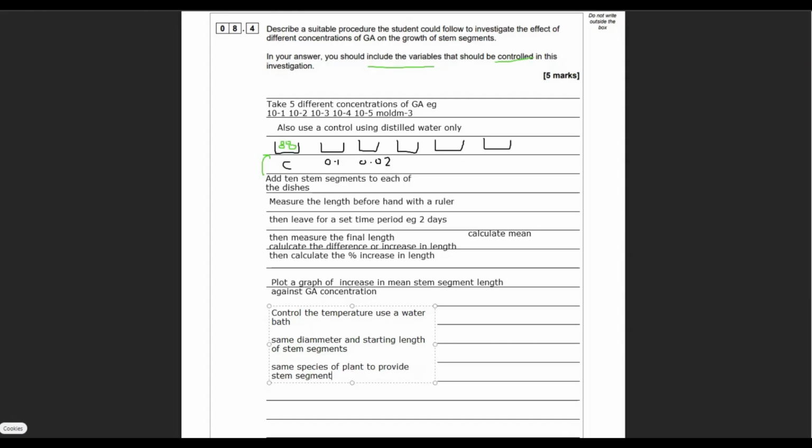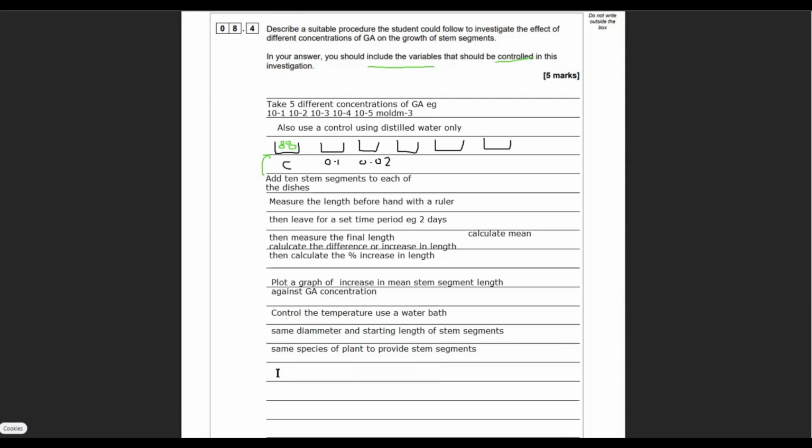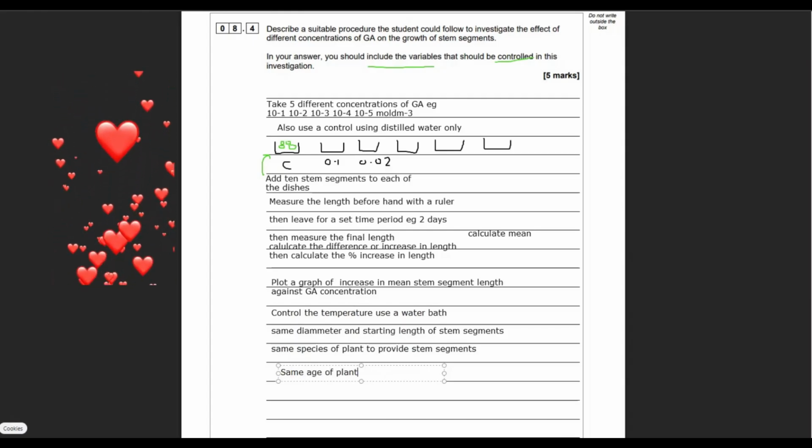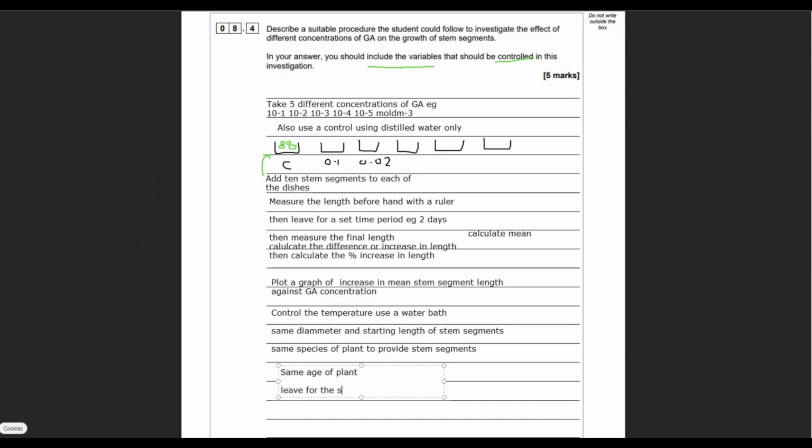You could measure the diameter, make sure they've got the same thickness or same diameter at the start. You could have the same initial starting length of the stem, so you cut them all to like 20 millimeters or whatever you want to start it at. Same age of the plant, so maybe you're using a 6-month-old plant. If the plant was too old, it might not grow as rapidly, might not have as much meristematic tissue. Leave for the same time period,